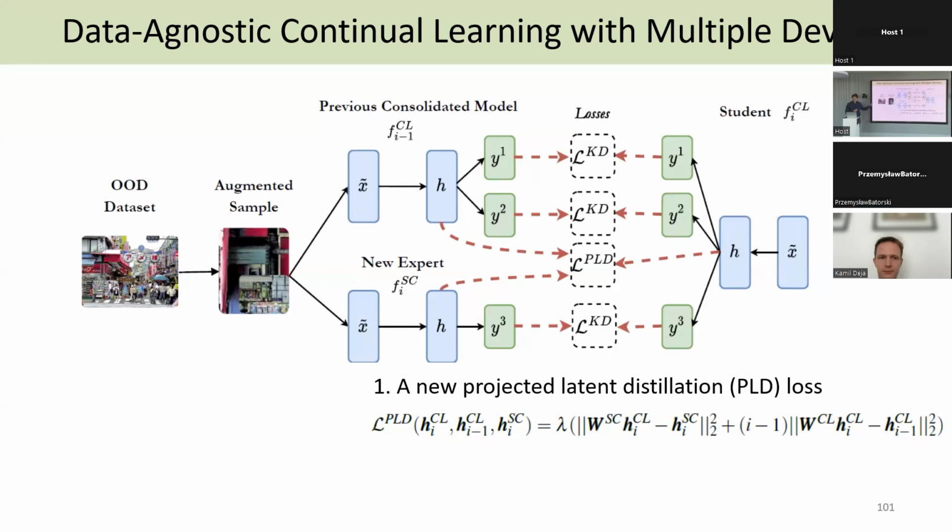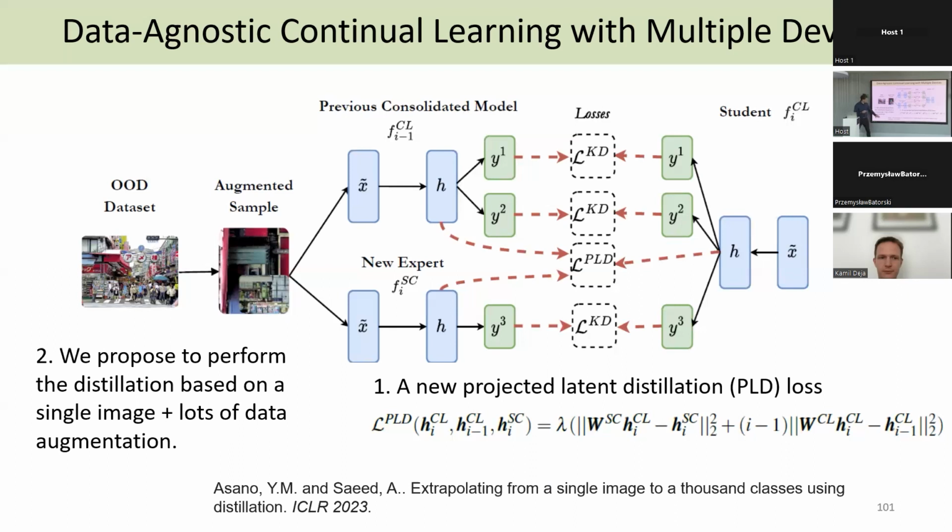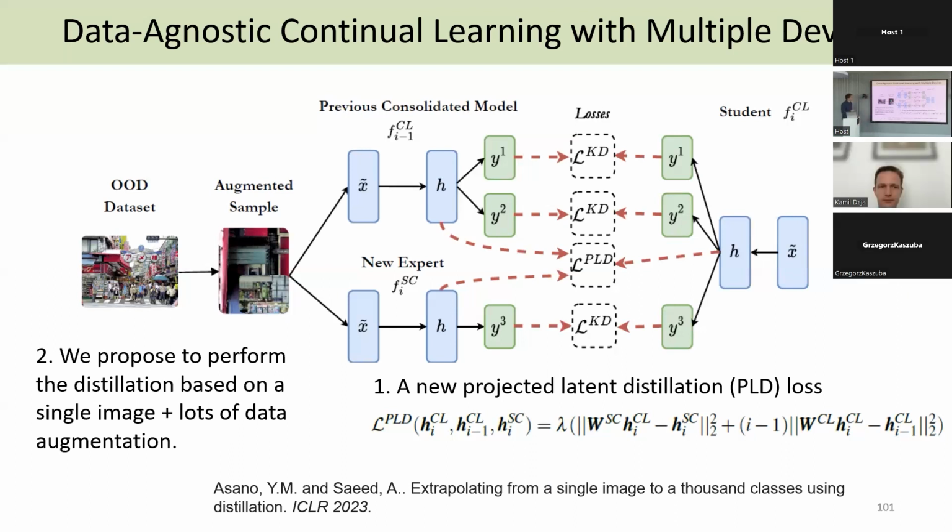One interesting thing in this: I don't know who in this room has seen this image? This is work of Asano. It's now also at ICLR, maybe it was something previously, but he shows that you can train a network on a single image. So he trains a neural network on this image, and he does a lot of data augmentation, and he gets amazing results on it. He shows this even for action recognition and even for audio.